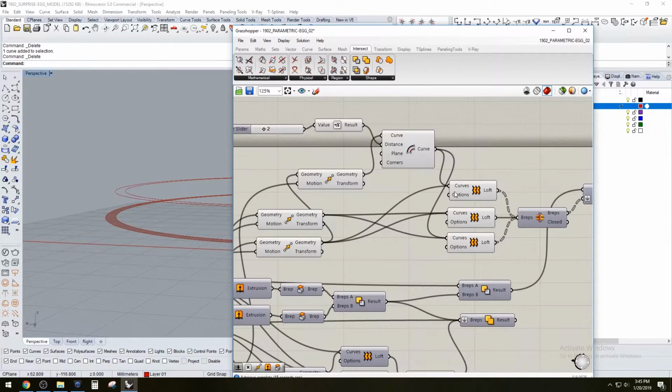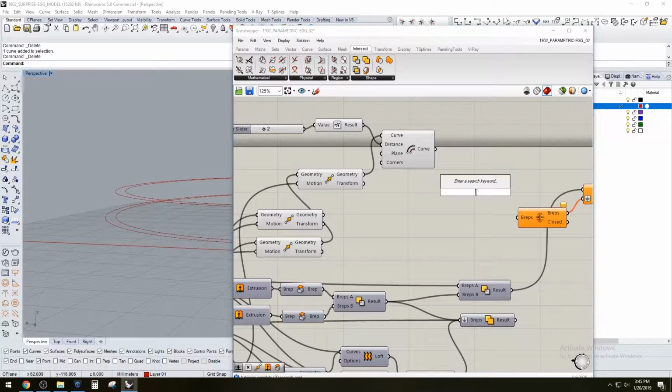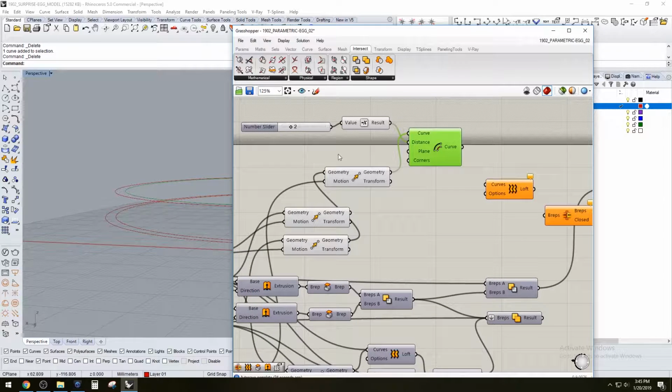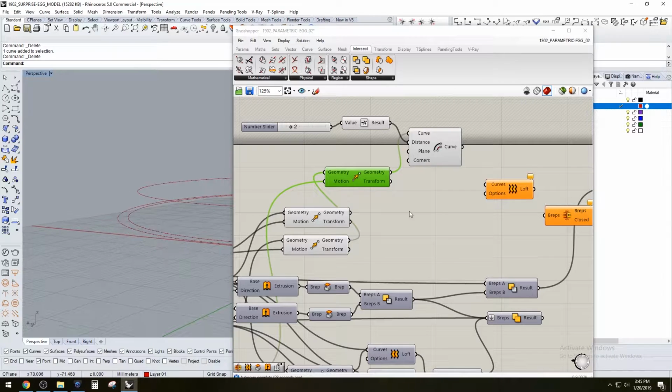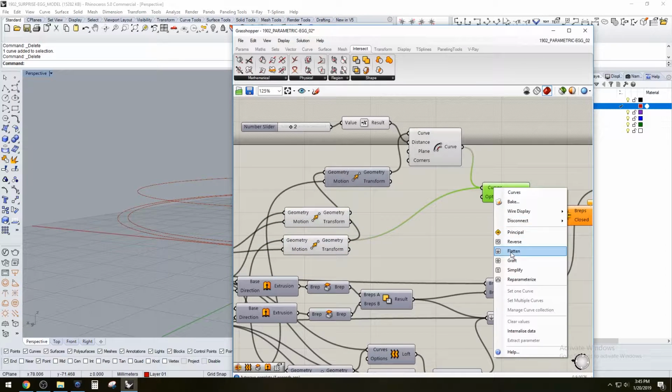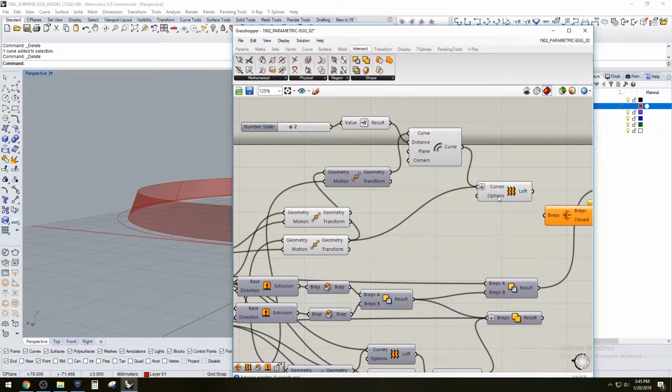Okay, so let's start over with the lofts here. Let's loft together the top curve. So we'll loft this one, the top, and this one. We'll have to flatten it. That's the reason why it didn't work last time. And then let's loft